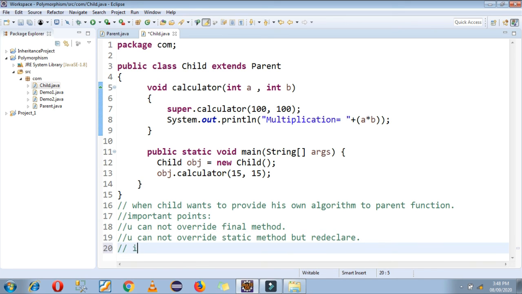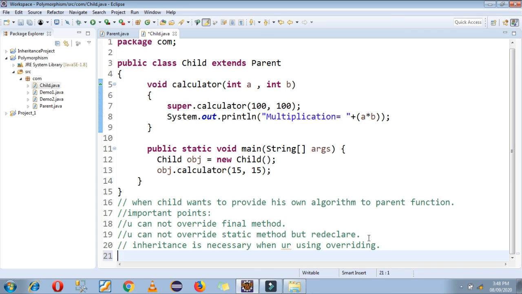Inheritance is necessary when you are overriding some method, you have to use the inheritance concept. The super keyword also you have to use in the overriding concept.